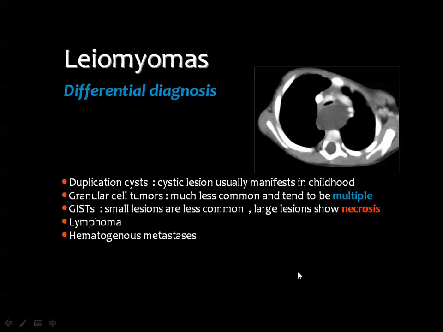The differential diagnosis of leiomyoma includes esophageal duplication cyst, which usually appears as a cystic lesion on CT and of course on ultrasound as well. Granular tumors are considered rare compared to leiomyoma, and they are usually multiple. The benign type of GIST is a small lesion, and if it is large, it may show central necrosis and ulceration. Also included in the differential diagnosis are lymphoma and